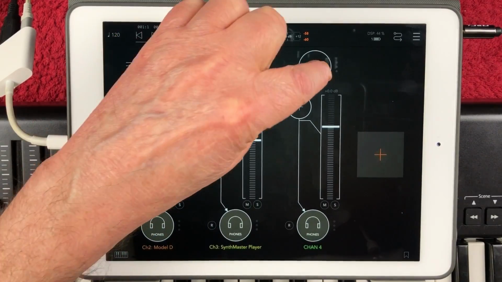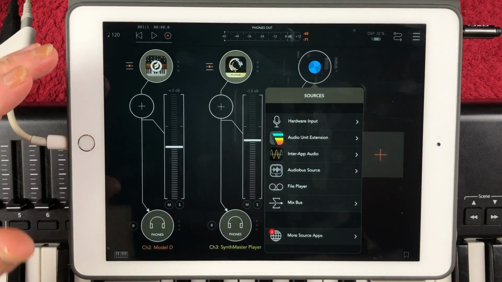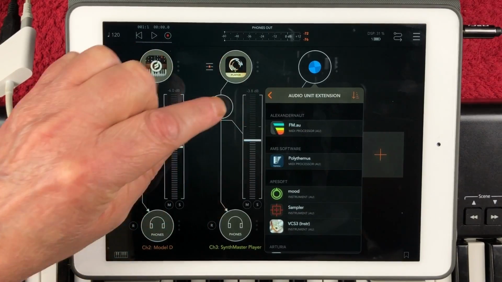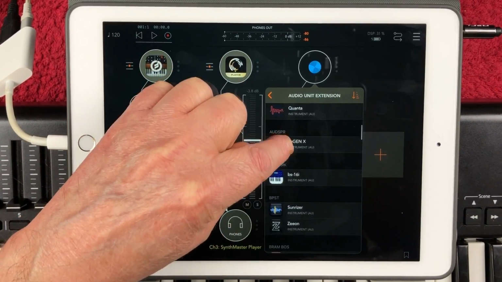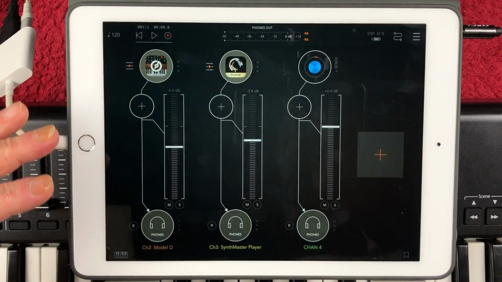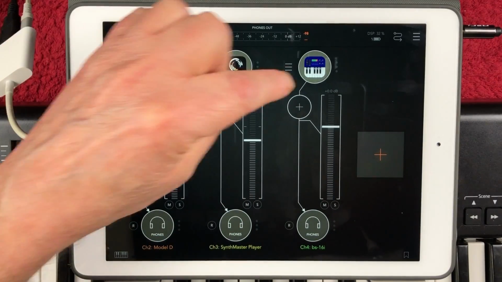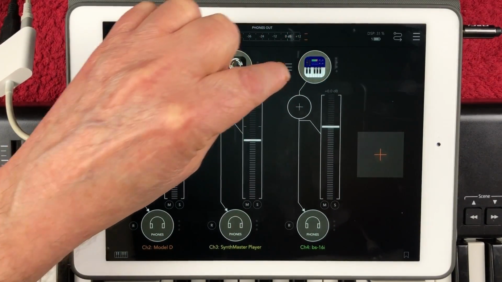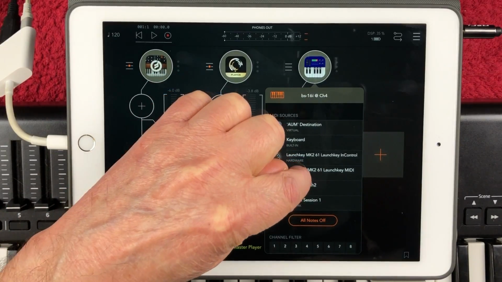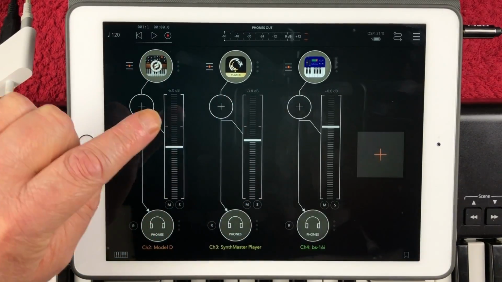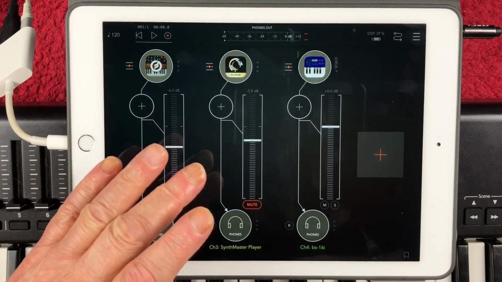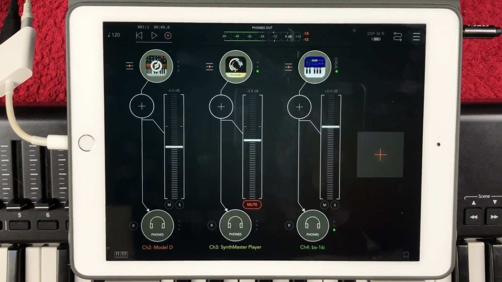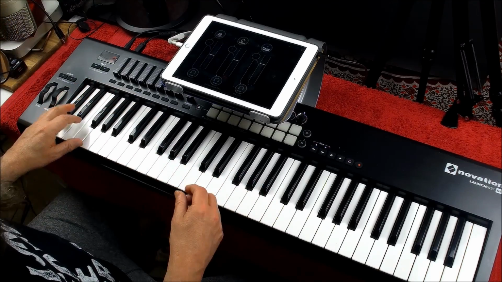But you can do something else. Let's do a layer now. So let's choose something else. Let's choose BS16, and let's choose a kind of organ sound. But first of all, as always, we need to map it to our MIDI controller. And I'm going to mute that Synthmaster now so I can just hear BS16. But BS16 is, of course,